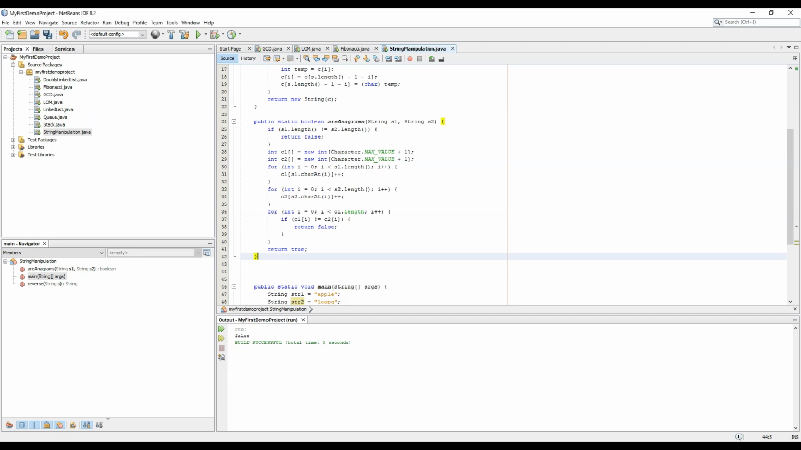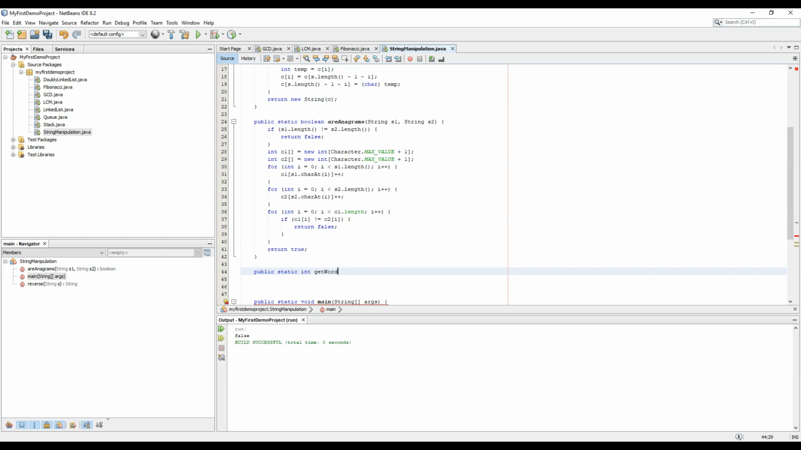So first of all, we will create public static int getWordCount of a string and pass a string. But before that,